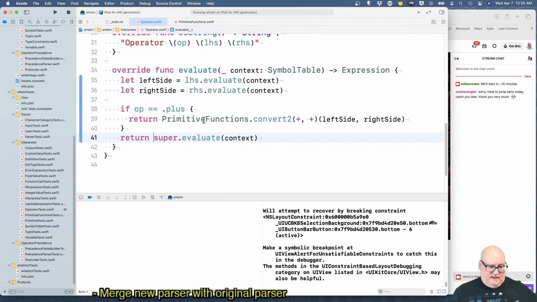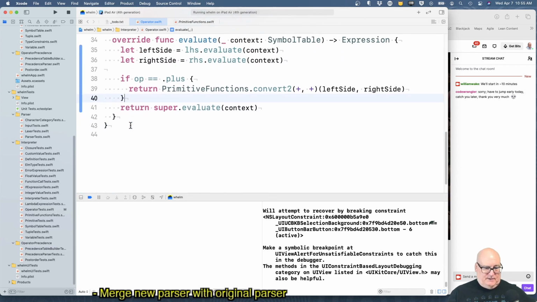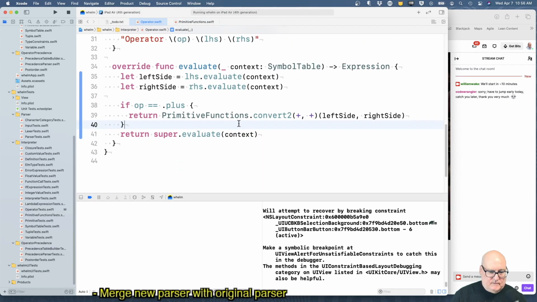So, I mean, we can go through adding every operator, and that's not impossible, but it would be nice to just have a map, right? So, let's just get a type off of this.